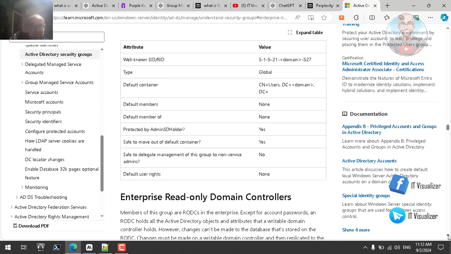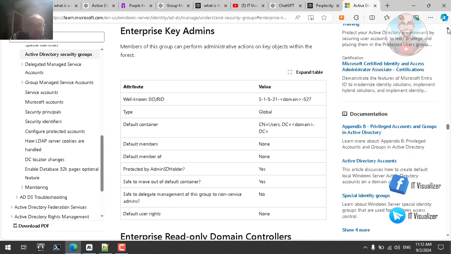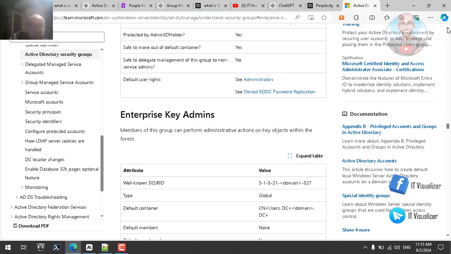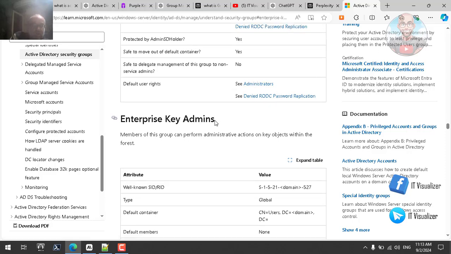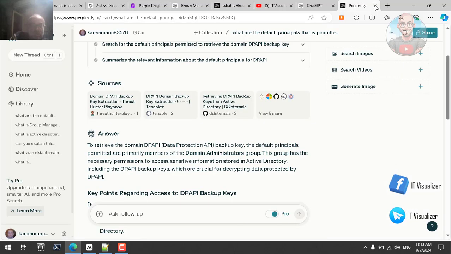What are these keys? He's saying that they are related, when I deep dive into what this group does exactly, he's saying that it is related to BitLocker encryption, or the keys for BitLocker. Members of this group can perform administrative actions on key objects within the forest. He didn't give us what they do exactly, but we can also ask AI tools to provide us with additional data. If we go there and ask Perplexity,